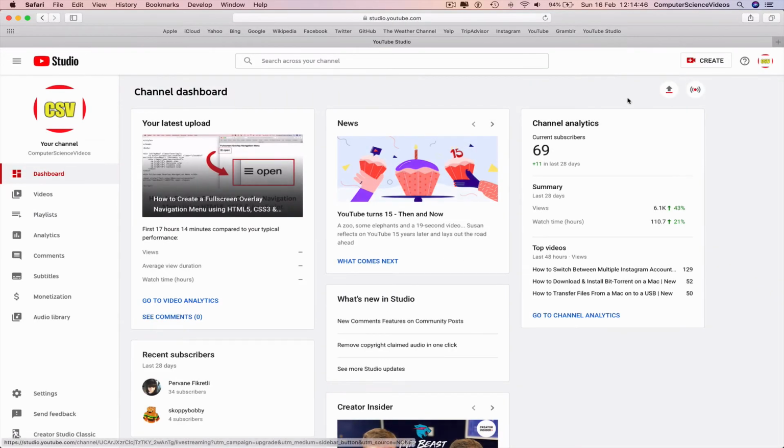Make sure you're signed into the account and then go to the left hand side navigation bar on your screen, bottom left corner where it says send feedback. Click on this